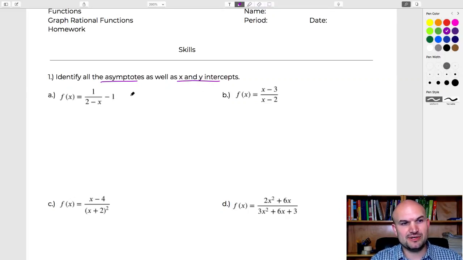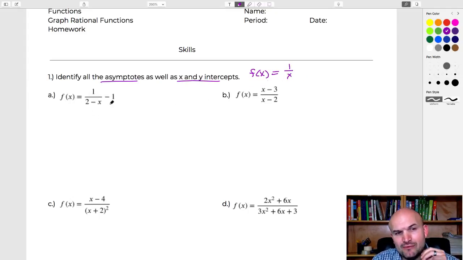All right, so let's get into the first example. You can see this is in the form of the reciprocal function, which, if you remember, the parent graph of the reciprocal function is 1 over x. So this is going to have some transformations. However, I don't really like this written as 2 minus x. So what I'm going to do is rewrite this as 1 over negative x plus 2 minus